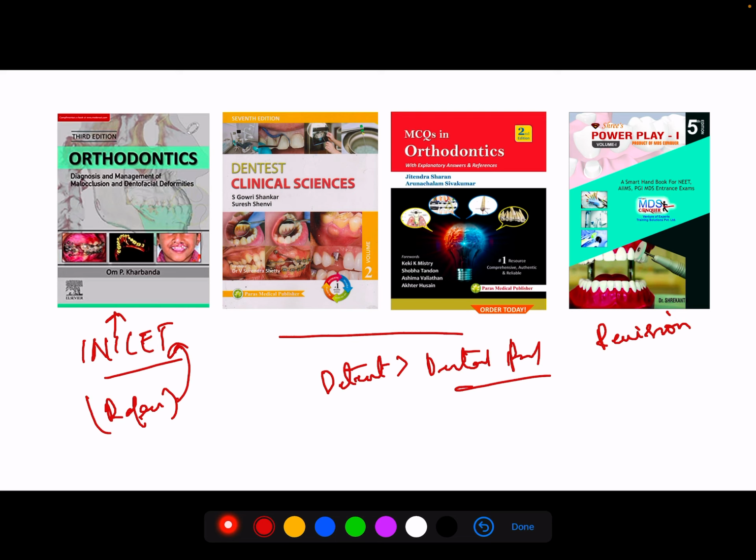But you check out the availability of the book in your particular college library or your study areas. We'll talk about that particularly in our respective groups when we start the proceedings.